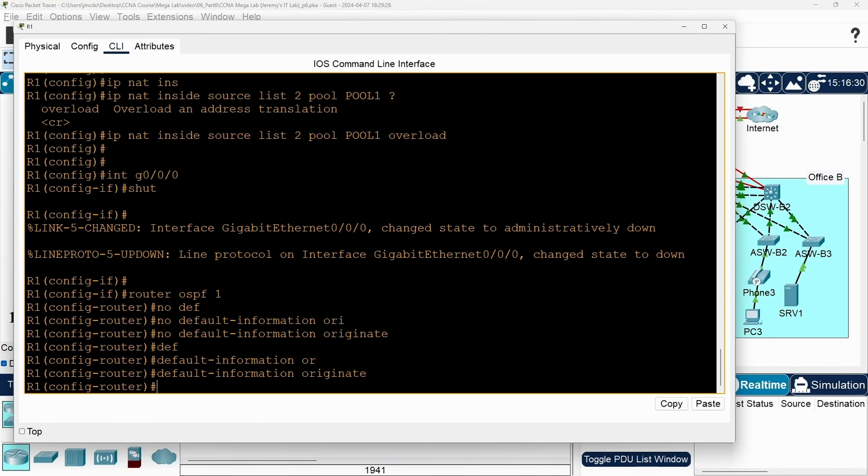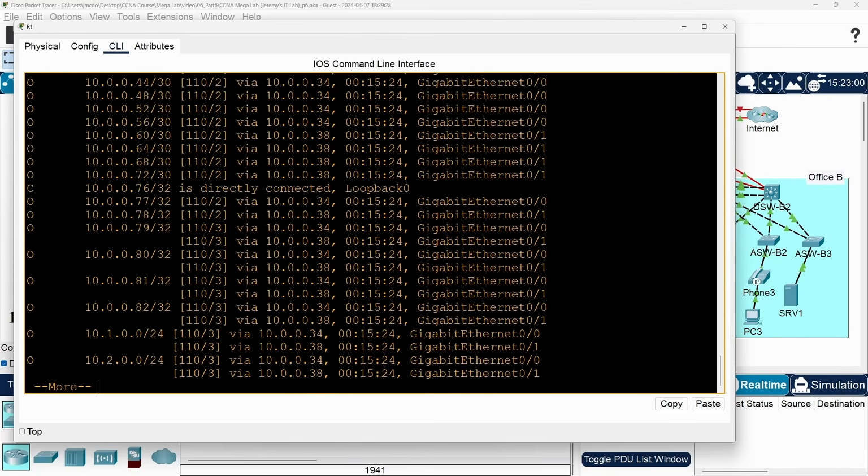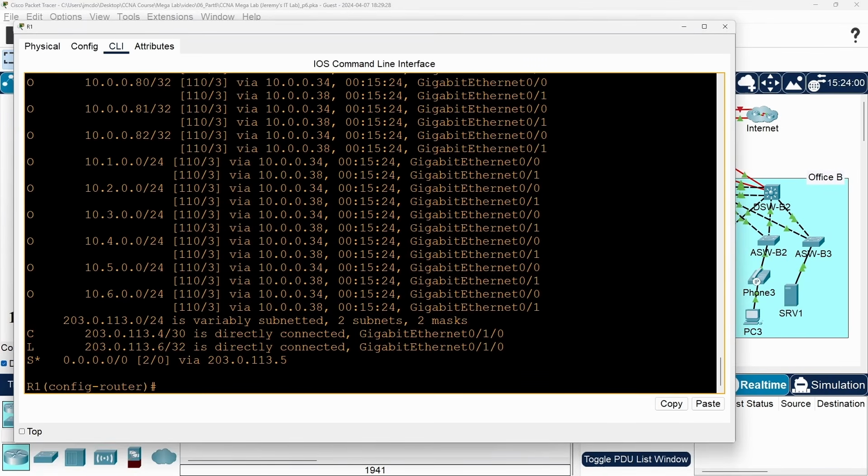Default-information originate. So R1 should now advertise its new default route to other OSPF routers. Let's just double check that the floating static route actually entered the routing table. Do show ip route. Okay, so down at the bottom of the output, you can see that R1's default route has an AD of 2. This is the floating route we configured earlier in the lab.